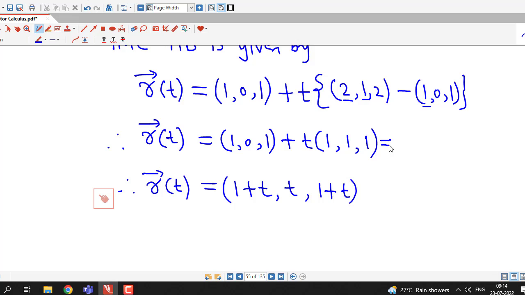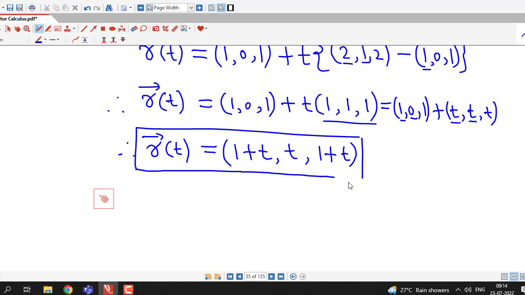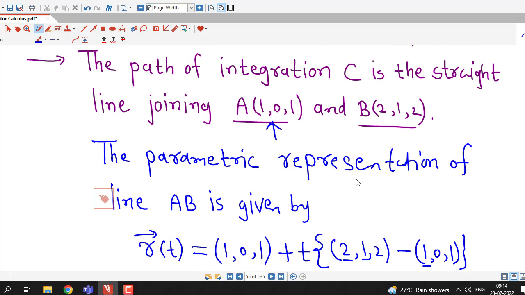If we wish, we can write one more step: we multiply each component by t, and then add these two vectors, 1 plus t, t, 1 plus t. So this is the representation of the straight line joining 2 points,